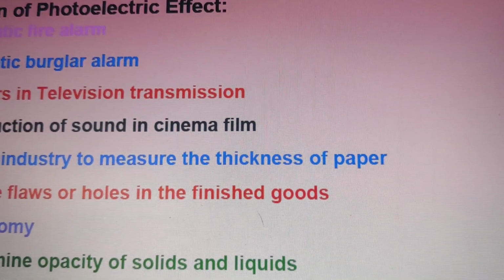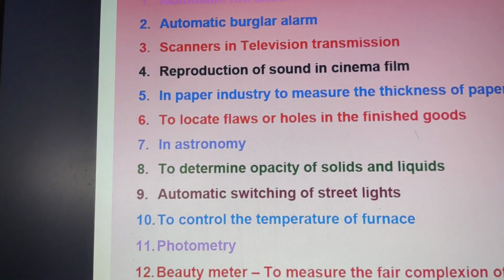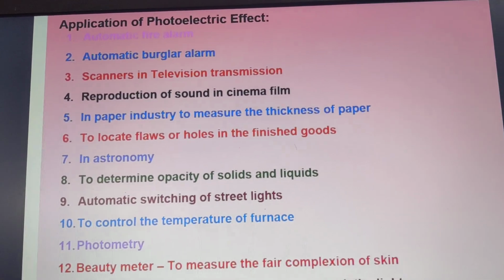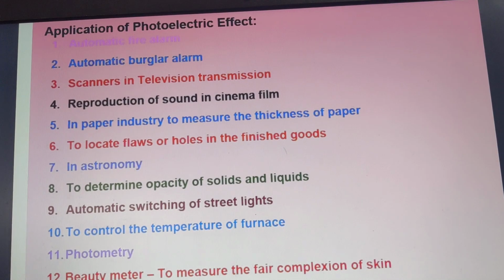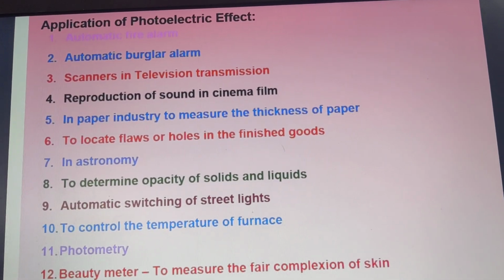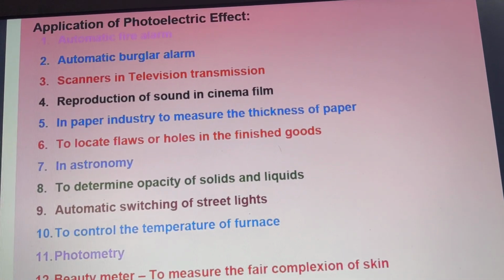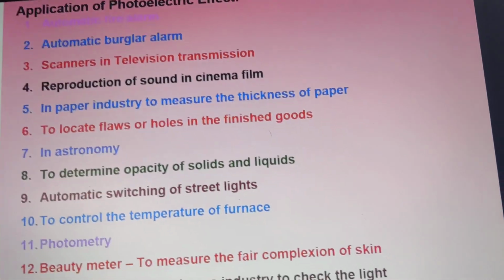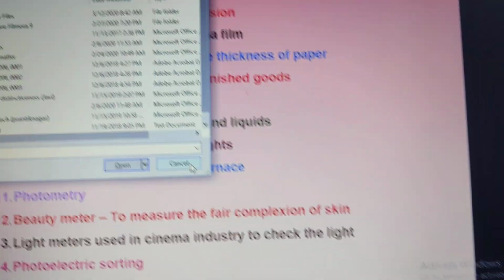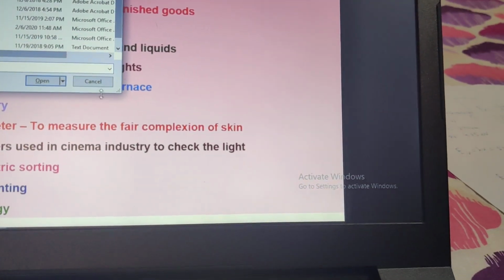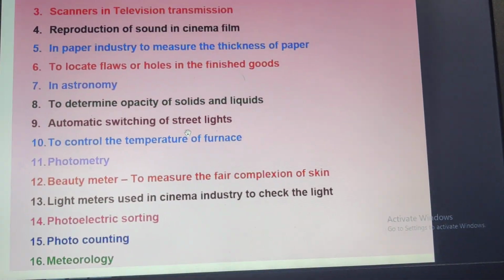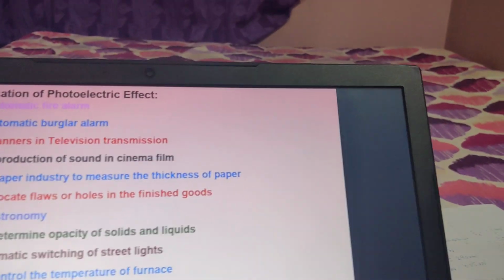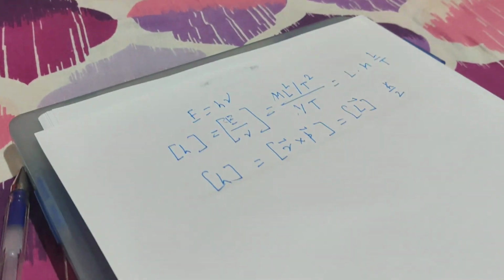And these are a few of the numerous applications of the photoelectric effect, right from scanners in television transmission, to astronomy, to the automatic switching of street lights. These behaviors are always in use in the photoelectric effect. So up to this, I will also touch, as I promised,